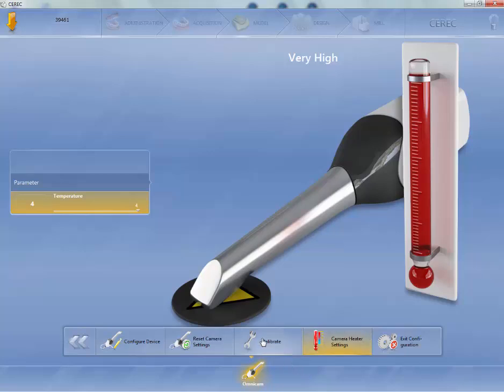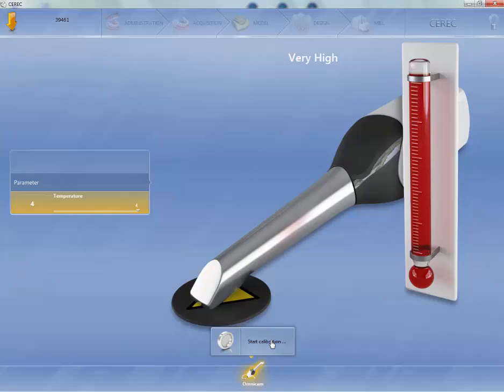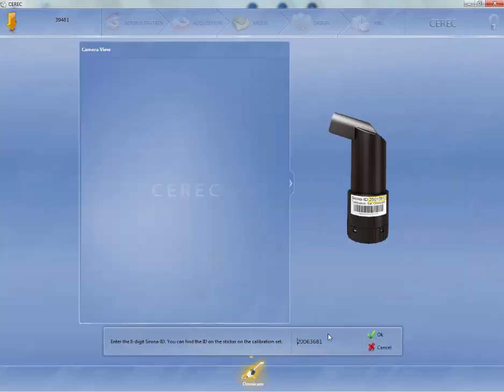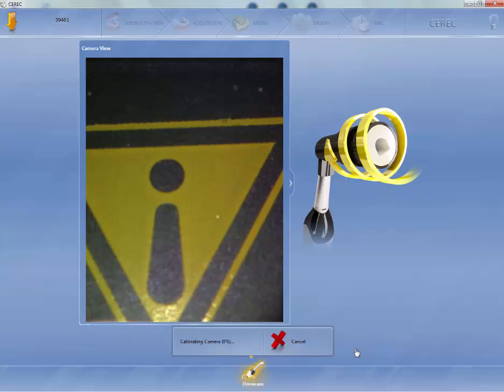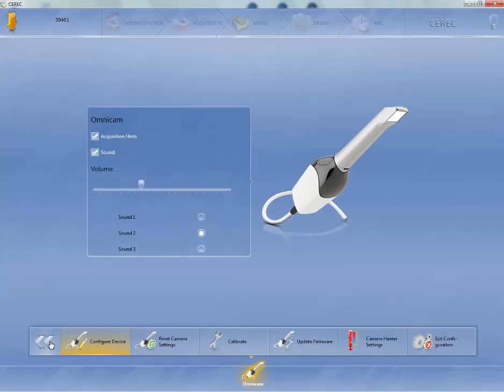All right, calibration. This is where you would calibrate the camera, and we're going to go into how this works. As you can see, it gives you a camera ID number, and it is located here, and it has to also coordinate with this number that is on your calibration specimen. We'll get into this at a later time also. So we're going to hit OK, and then I'm going to cancel it. Calibration failed. I'm going to confirm it. We're going to now go backwards,